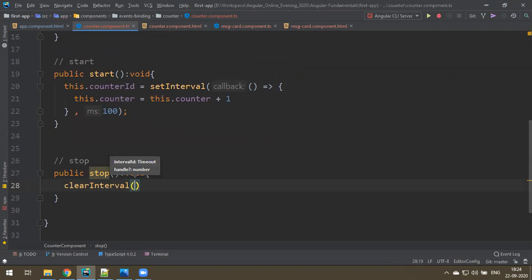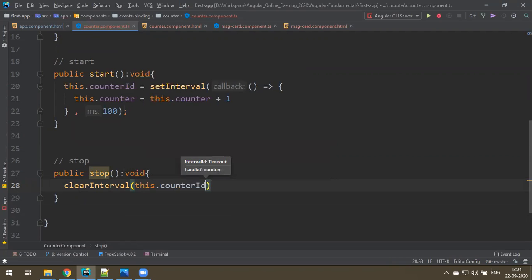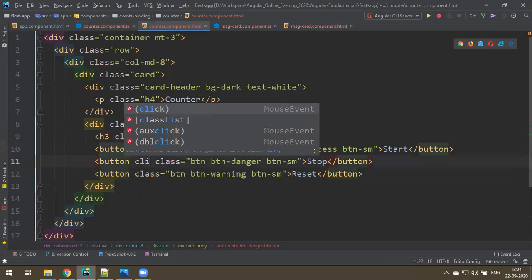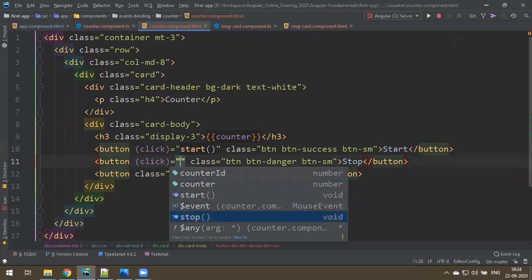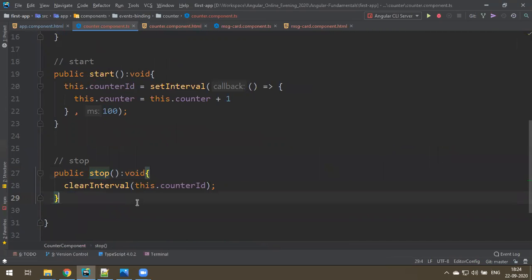What you want to clear is this.counterId. Whatever counter id you assigned when you started the timer, the same counter id you pass to clearInterval, and it stops. It works when you click on the stop button. So let me connect the button with this method. You can make click and stop. When you click on that, it stops. This is the logic.